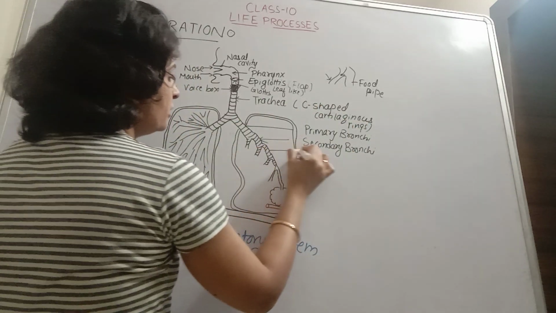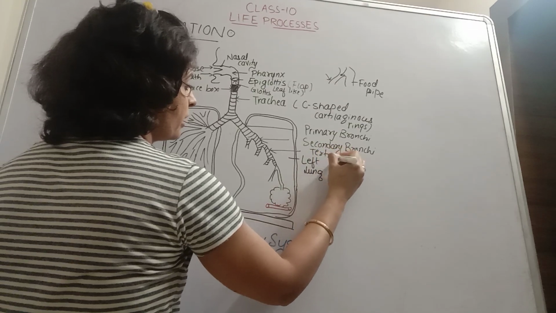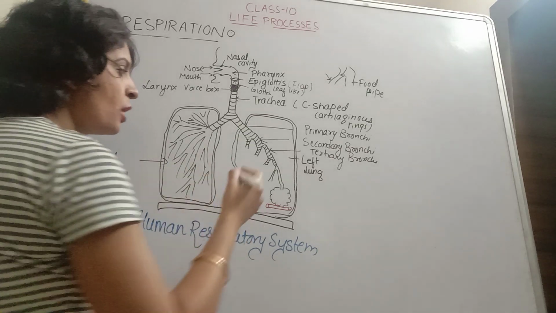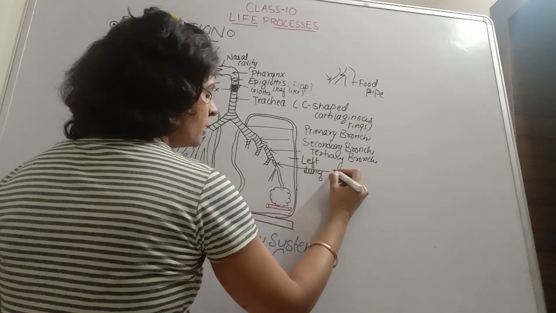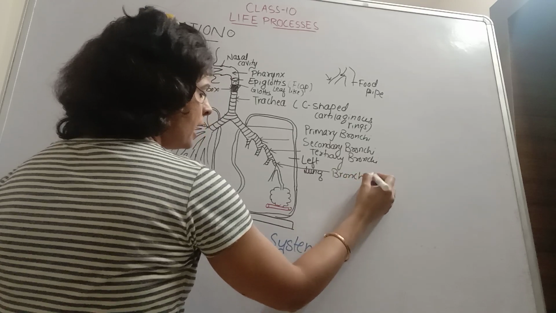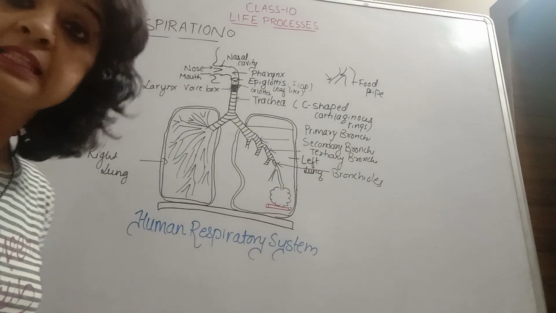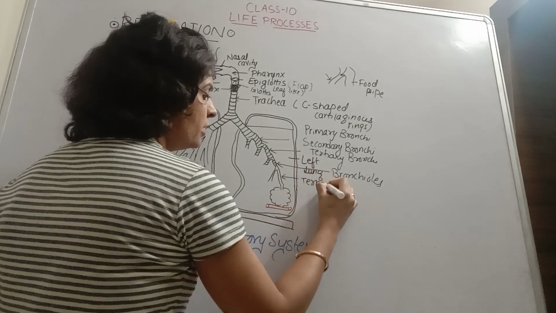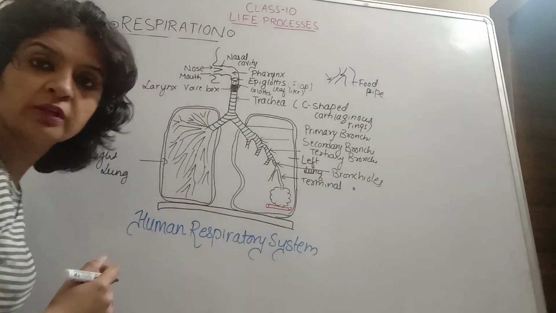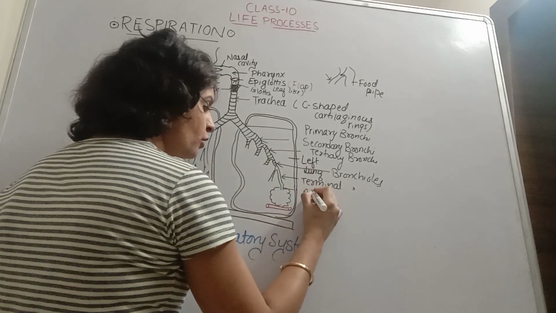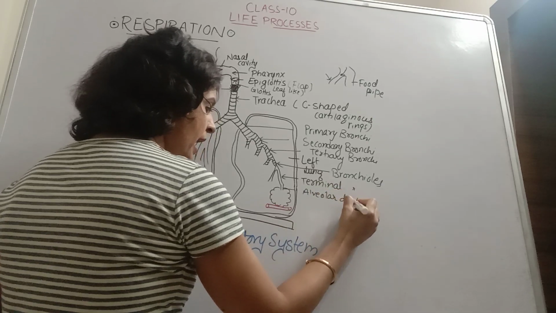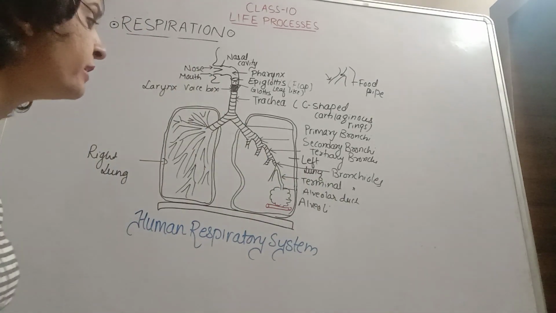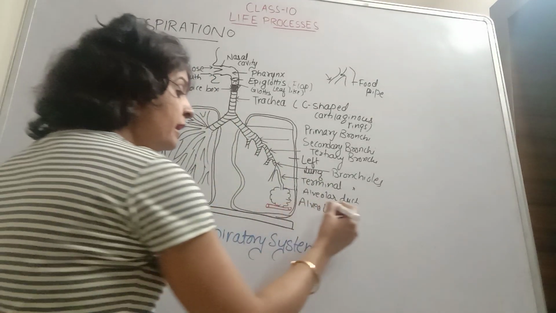Secondary bronchi further breaks down into tertiary bronchi. The tertiary bronchi breaks down into the bronchioles. Now in this diagram you can see till bronchioles these rings are present. The terminal bronchiole is devoid of these rings. Then comes the alveolar duct and the alveoli. Alveoli is a sac-like structure, a balloon-like structure that is present in the lung, and there